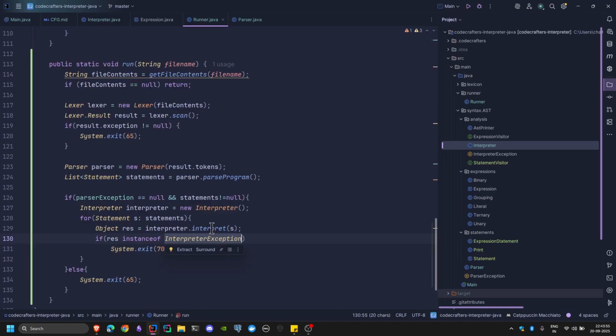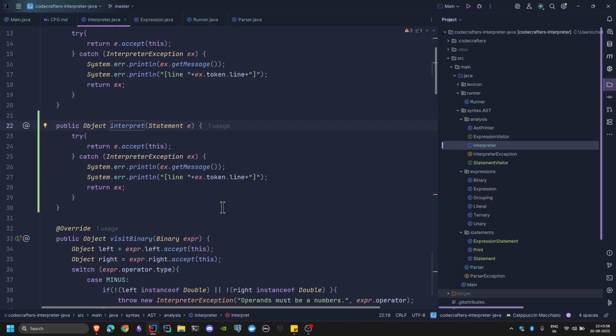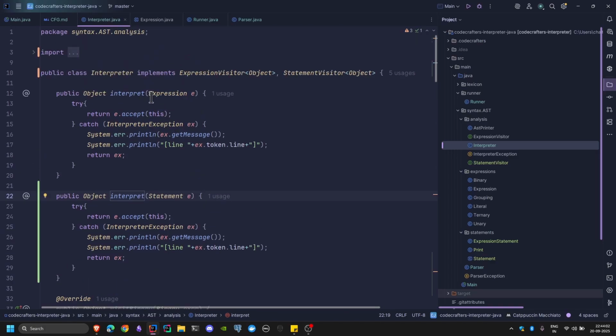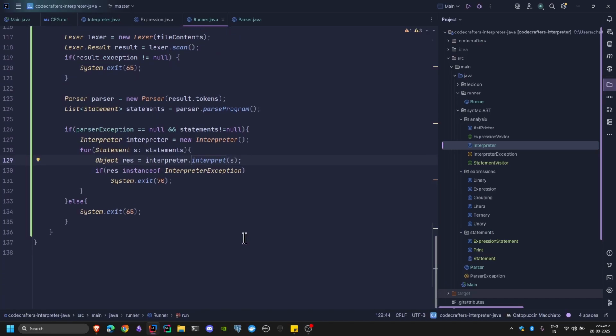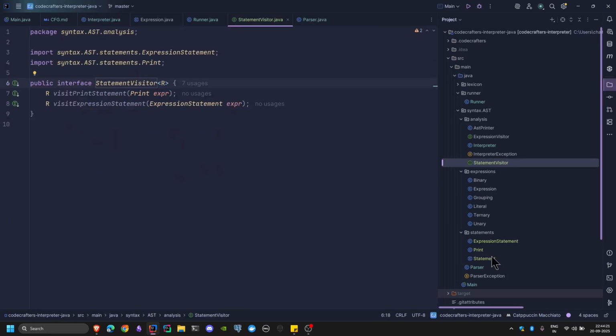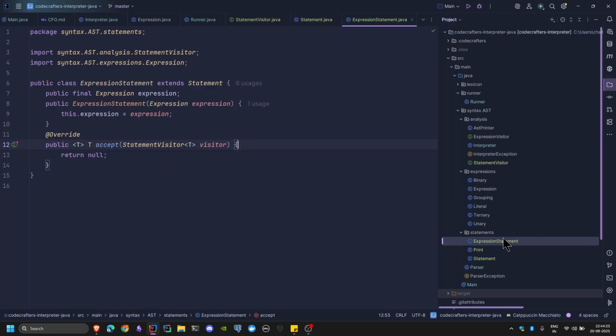All right. Now we made this new method, the interpret method. This interpret method is basically a copy of the original entry point of the interpreter. It's just expecting a statement instead of an expression. That's it. And it's just calling the accept method using the visitor pattern. That's the benefit of the visitor pattern. And that's all the changes we have done. We created a statement visitor, we created a statement, we created an expression statement, we created a print statement,